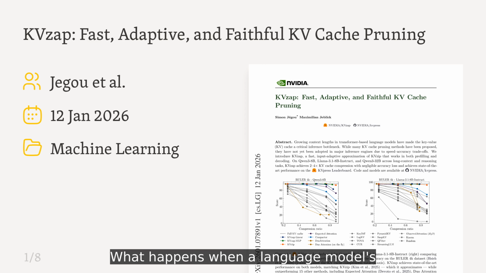What happens when a language model's memory becomes so large that it actually slows down the generation of text? As models scale to handle thousands of documents, the key-value cache becomes a massive bottleneck, forcing engineers to choose between speed and accuracy. This paper introduces KVzap, a method designed to resolve that tension by making cache pruning fast, adaptive,